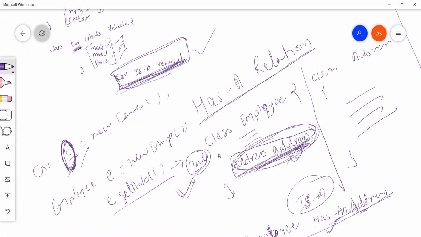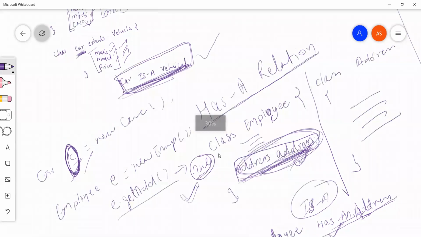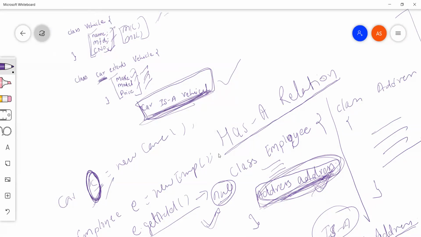I have one question. In the car class also, we can access the same way as in the employee class, right? If we want only one variable, we can access it through the object, right? Car object. Like how we are accessing in the employee class, if we want only address, we access the address by the employee object, right?